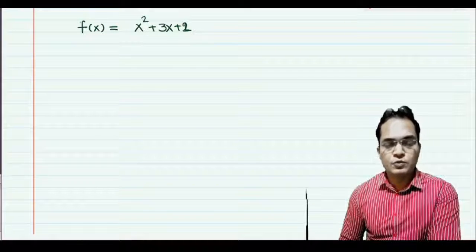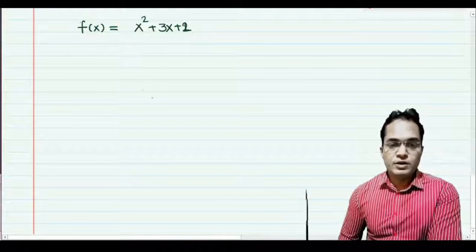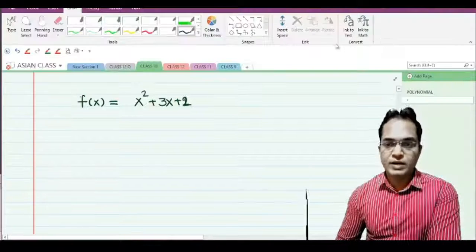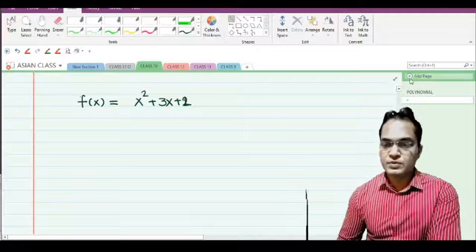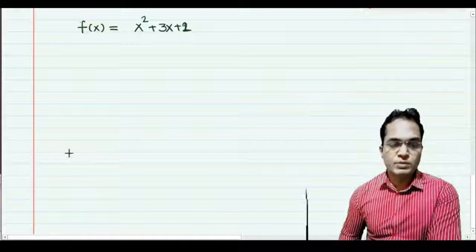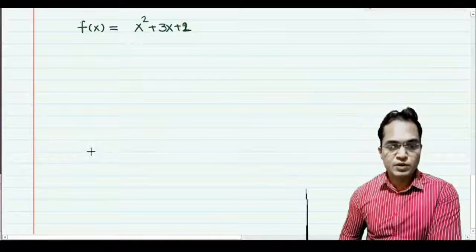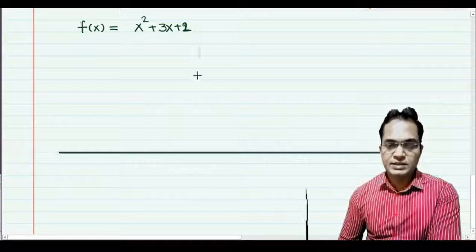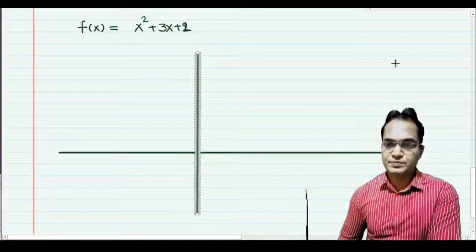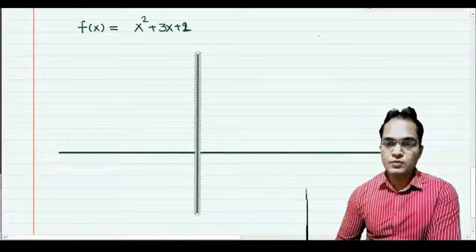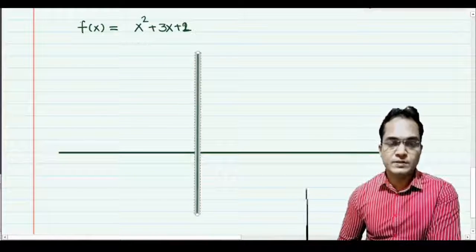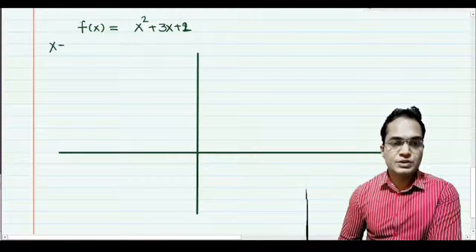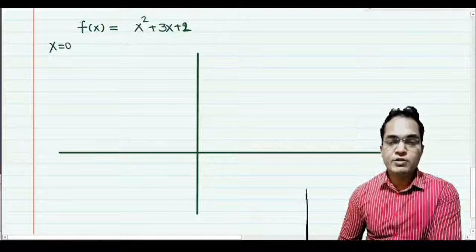Then how can we draw the graph of this quadratic polynomial? First of all, as we know, to draw the graph we need an x-axis and y-axis, yes or no? On the x-axis we put the points, and on the y-axis we obtain the value of y. Let this be the x-axis and this the y-axis. Got it? Now how do we draw the graph of this? Let me put the value of x as 0. Then what is the value of y?